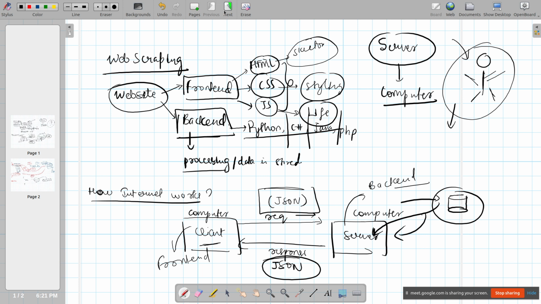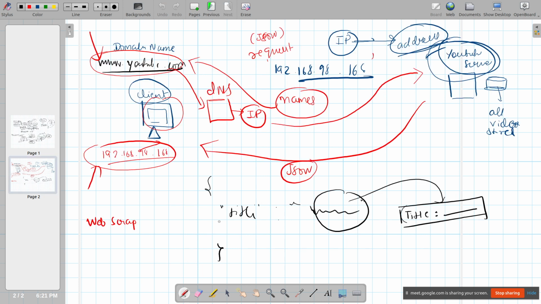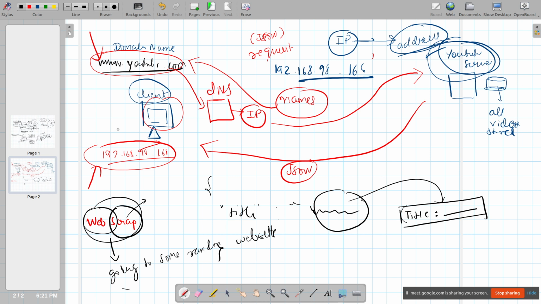So if all these things are clear, then what is web scraping? Web scraping is actually going to some random website and pulling some data from that website. Scraping means slicing. Web means the websites, any website that is created.